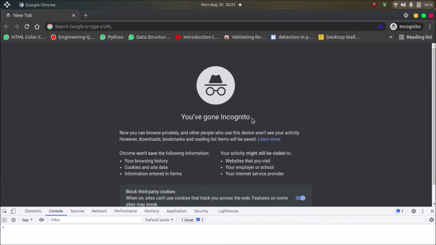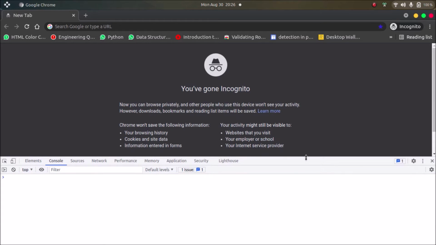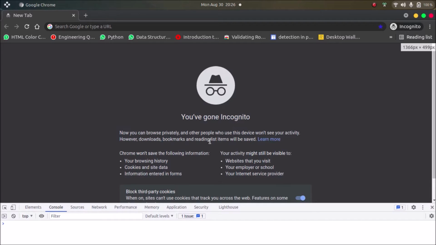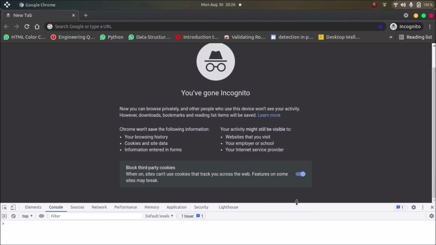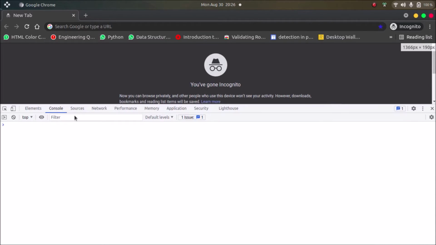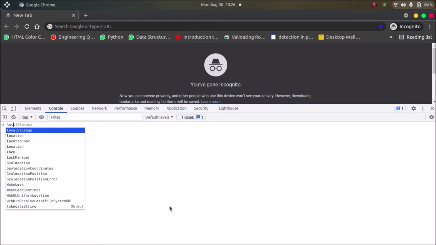But the problem is that once we refresh the page, the data will be vanished because we don't have any database or API to retrieve or store the data. Okay. So is there any way that we can store some simple data locally on the browser? So the answer is yes, and local storage comes to the rescue.